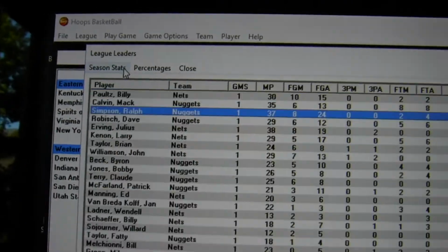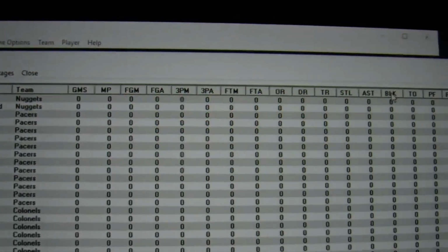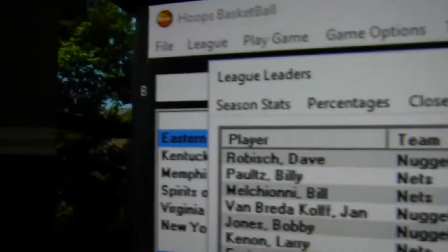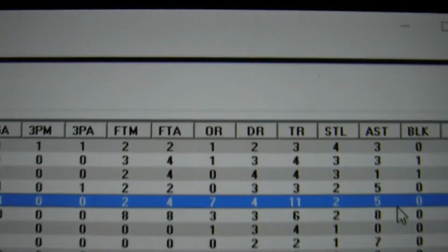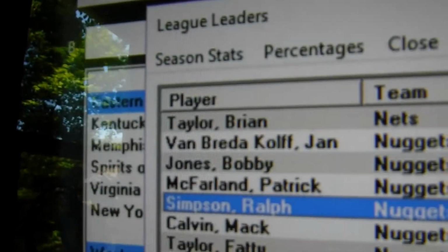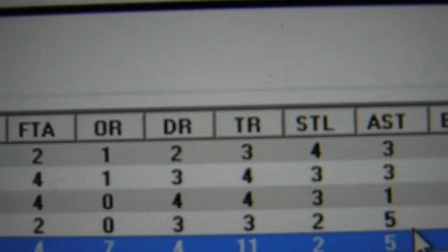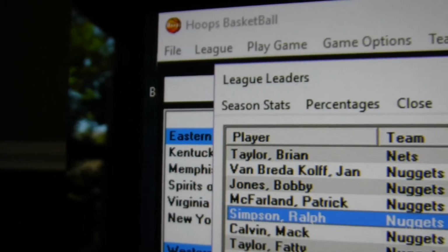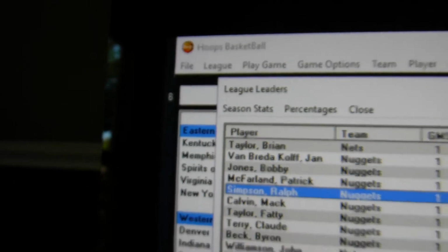And then, of course, you can just see season stats. Who's the shot blocking leader, just for the fun of it. League leaders with 2, Dave Robish, Billy Paltz. League leader in steals. One of the Taylor boys, probably. Brian Taylor. He's got 4, followed by 3, Van Brennikolff, and defensive genius Bobby Jones, Hall of Famer. So, anyway, that's a look at